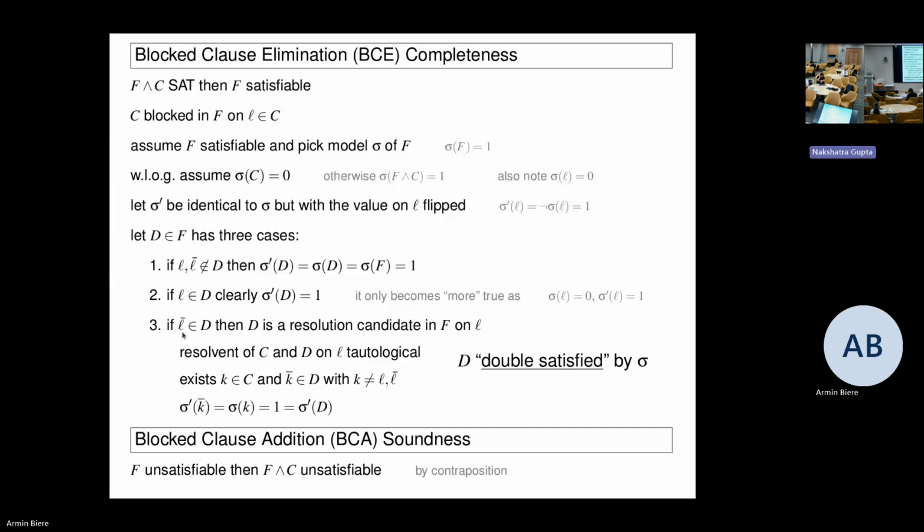Because of this condition, it's in the clause C, right? So it means the K is C, so it's false, but it's in opposite phase polarity in the D in the resolution candidate. So that's why it's true there, right? And that means this clause is actually under this sigma here, double satisfied. So all the resolution candidates are double satisfied if you have this condition here on top that the clause is blocked